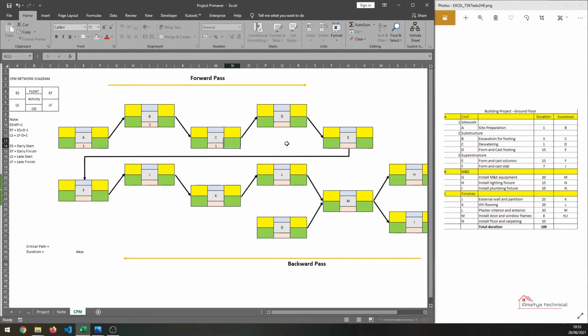Similarly, for C is 1 day. For D is 15 days. For E, we have also 15 days. For F, that is form and cast slab, we have 7 days. For J, we have 25 days. If you look here, we have 25 days. For K, we have 20 days. For L, we have 30 days. For G, we have 20 days. And for M,